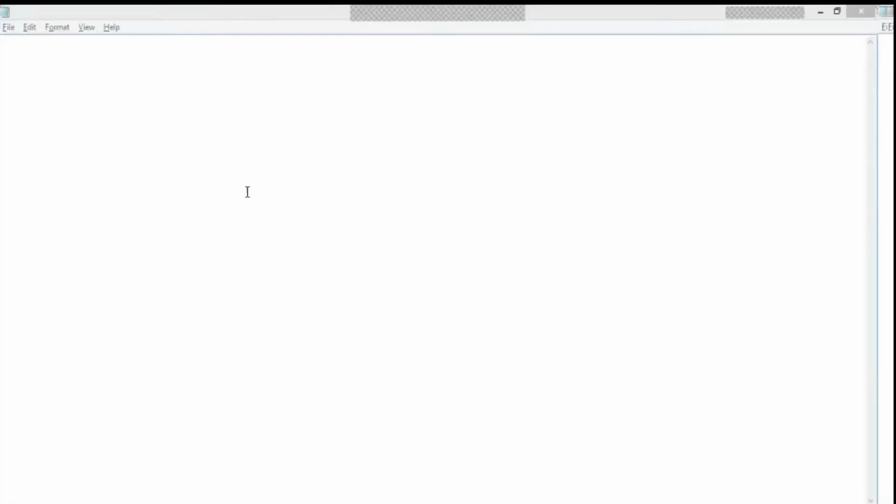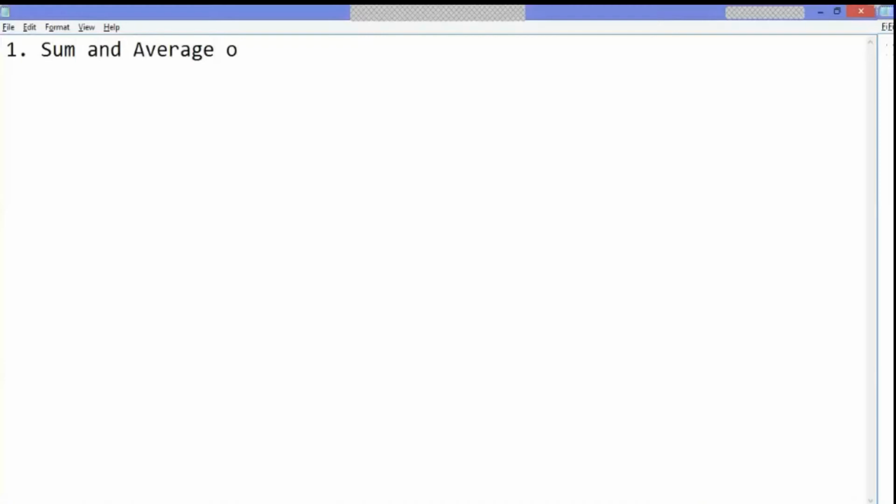So today in this class we are going to be covering different examples on single dimensional array. Yesterday we covered what a single dimensional array is, how to declare it and how to initialize it. So today we are going to be covering different examples: how can we use single dimensional arrays in our real time scenarios. Out of the first example, I will show you sum and average of a given list of items. So this is the first example I want to cover today.